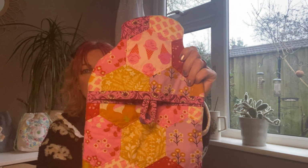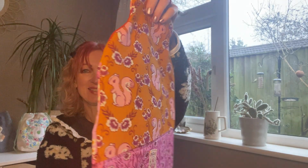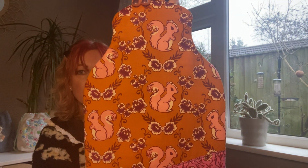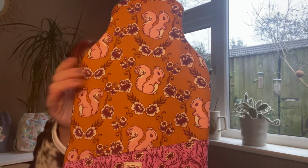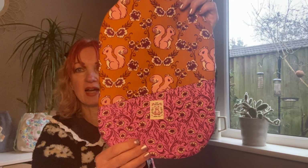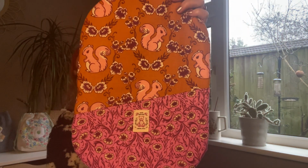I haven't been using it. I finished it at the weekend, but I haven't been using it. I wanted to show you as it was without anything inside. And this is the other side. You could do English paper piecing on both sides, but in the pattern it just said to do plain on the other side. But I put this here because I really love this fabric, but I didn't have enough, so I've just put this, and I put it at an angle because I thought it looked quite nice at an angle. And I've also used this little badge, which was what I got from the